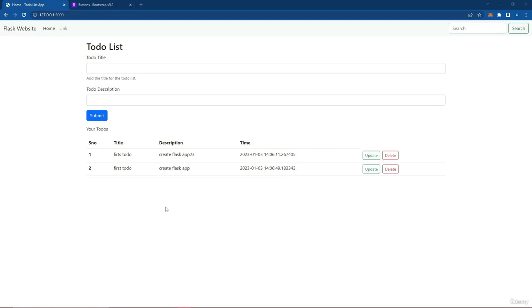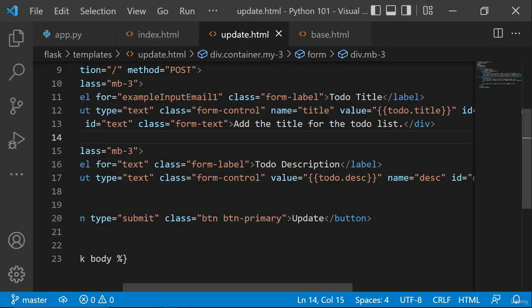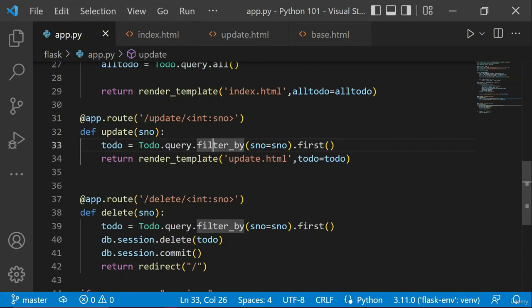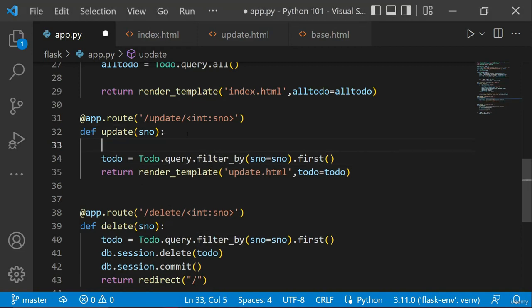Okay, so this error is coming because we have not completed our update function. So we just need to go back over here, and we need to complete our update function. We have only added this particular piece of code, but we also need to do an updation on our data. So for updating the data, we just need to add an if over here. So we will do if